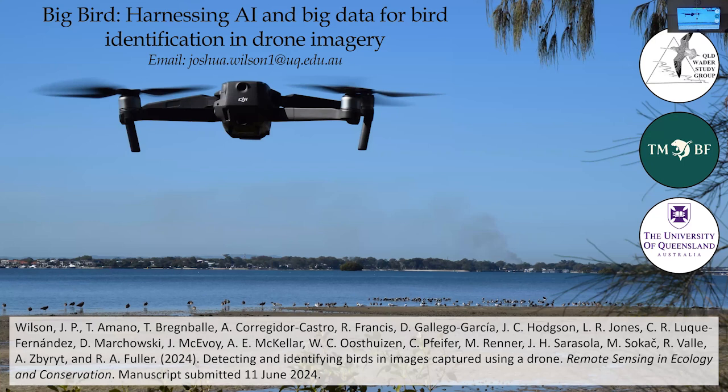If you can get high resolution images, you'll get better performance. And we actually got some rough numbers from that as to what altitude you should fly your drone to detect birds based on the size of the bird. So if it's an Australian pelican, you can actually detect their species even if you're flying up at 120 meters. Whereas smaller birds like pied stilt, you're going to have to be down at about 40 or 50 meters. And that's with the commercial off-the-shelf drones that you get for a couple of $1,000s. So we did look into that a little bit, mainly focusing on what altitude you need to fly. But it is something that I want to go into more depth to see what the main predictors of that are. That's super interesting.